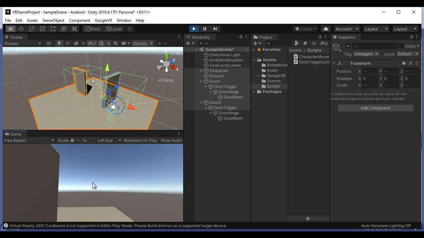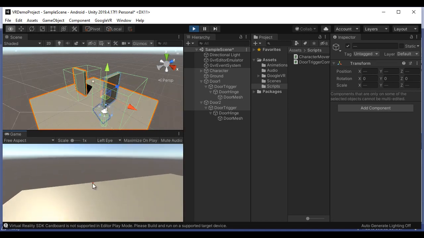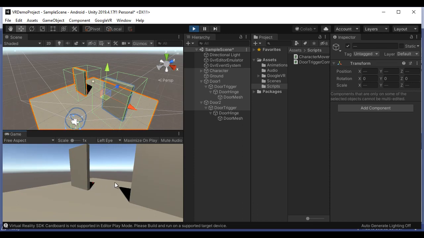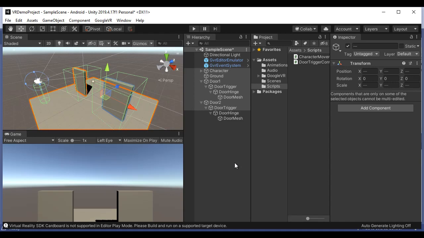You can see that door 2 is opening, and if I come out, door 2 closes. So that is how we make the door open and close in the VR scene. I suggest you build an APK file for the project, install it on your mobile, put the mobile inside the Google VR Cardboard and test it, guys.